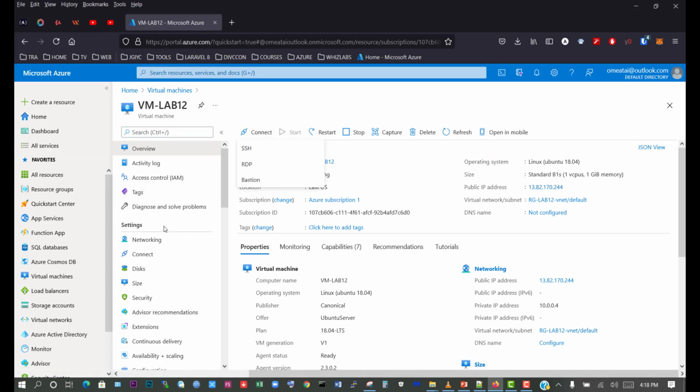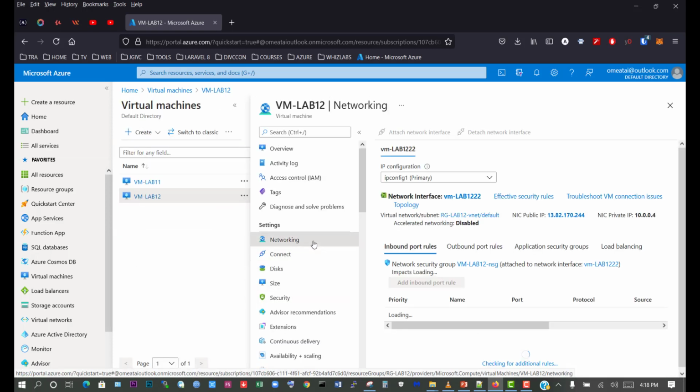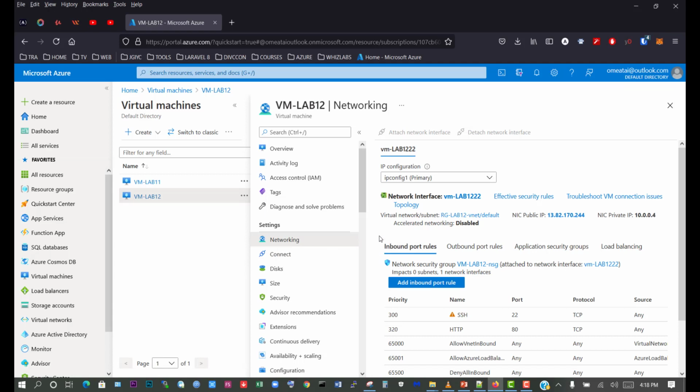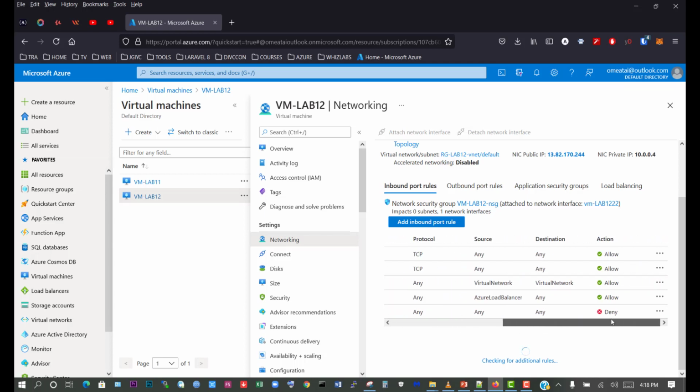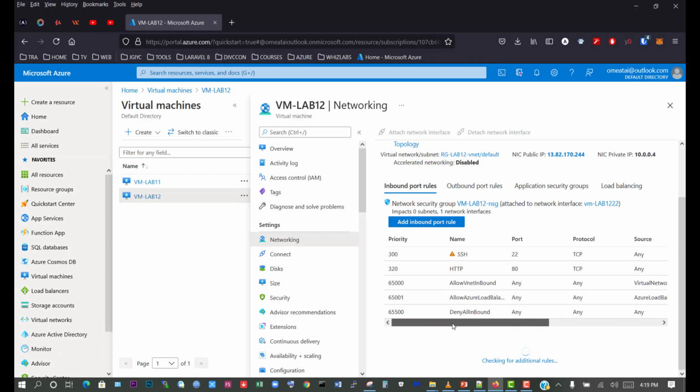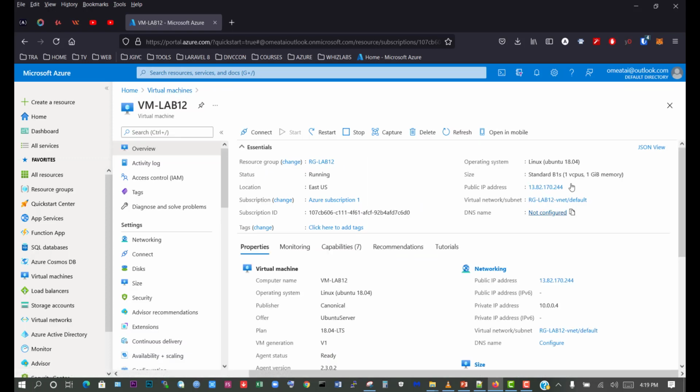But before we do that, let's make sure that the networking settings we deployed in the parent virtual machine, where the template was made from, is still in play, and we can see it's still there. Allow the SSH and HTTP. So we'll go back to the virtual machine, and let's go to connect through SSH,